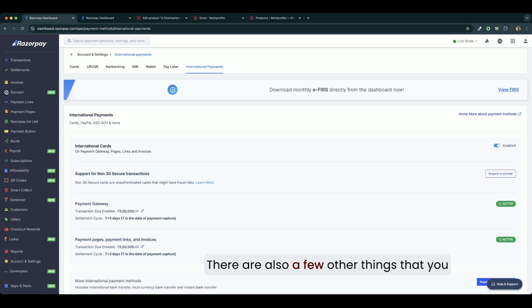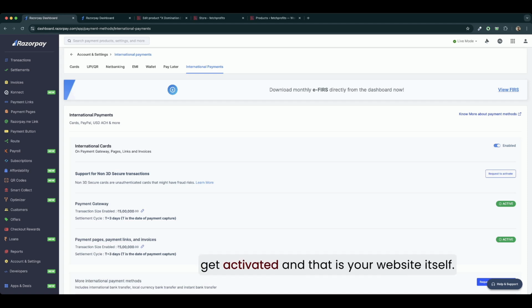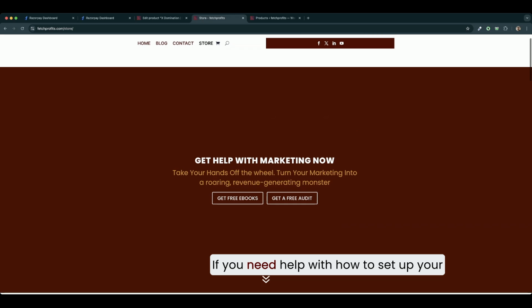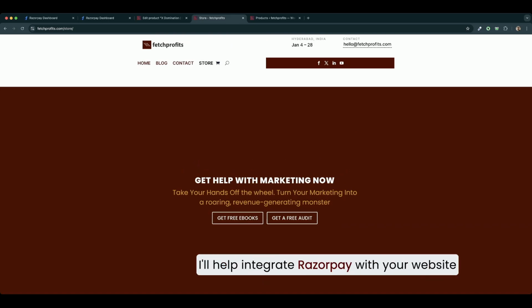There are also a few other things that you will absolutely need to ensure that your international payments get activated, and that is your website itself. If you need help setting up your website in a way that Razorpay will accept your request for international payments, please click on the link below and get on a call with me. I'll help integrate Razorpay with your website and make changes to your website the way it's required, but also to ensure that your activation goes through without a hitch